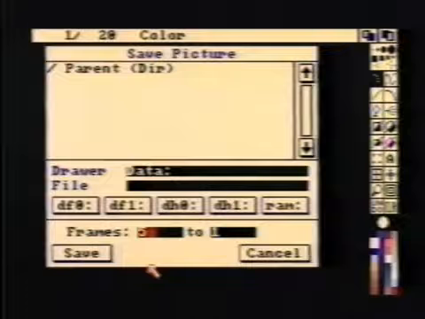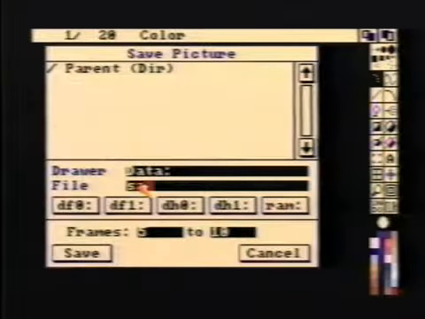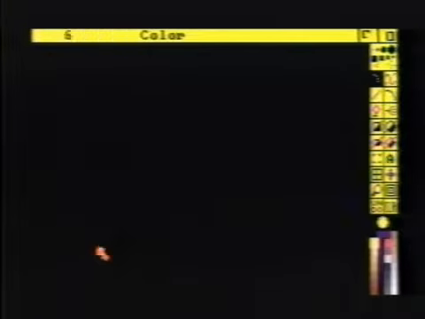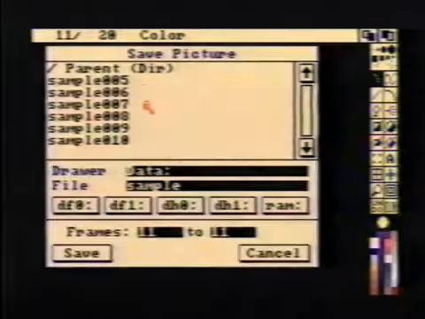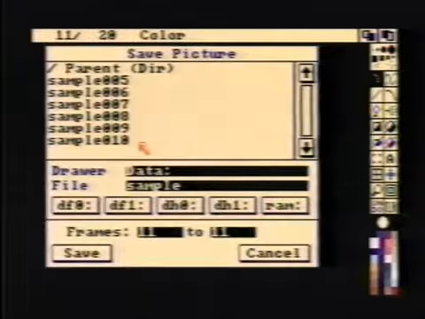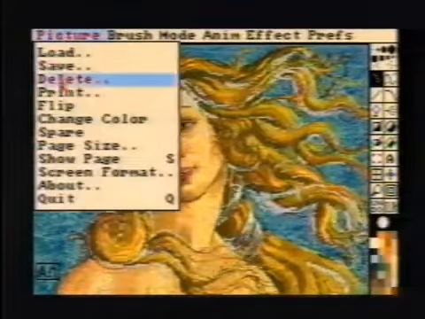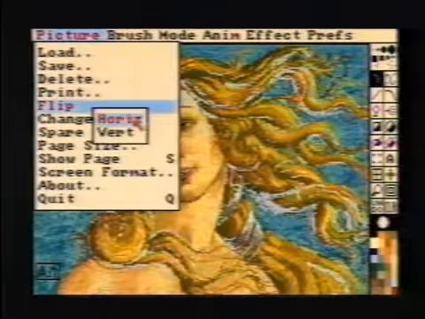When you click Save, the frames are saved as separate pictures with the frame number added to the end of the name. For example, if we enter 5 to 10 as the range, the frames are saved as sample 5 through sample 10. You can flip your entire picture horizontally or vertically without having to pick it up as a